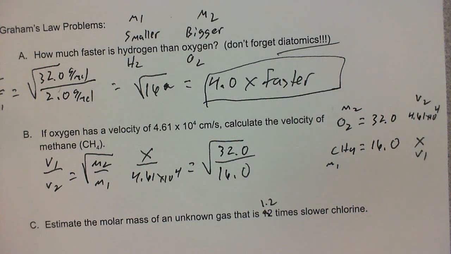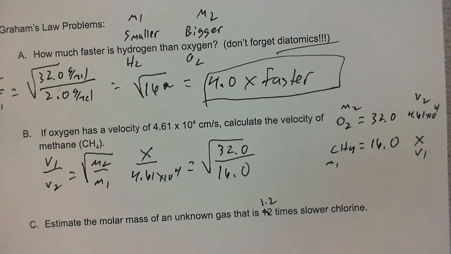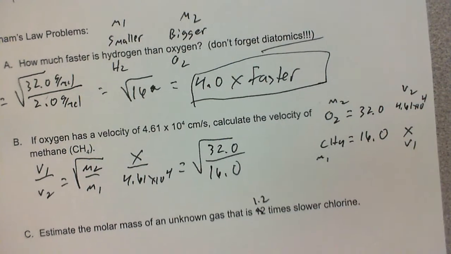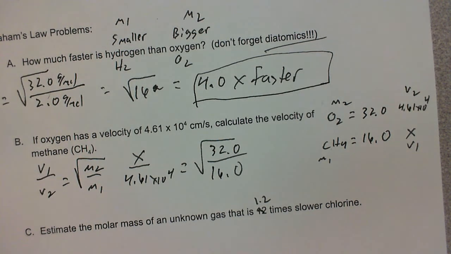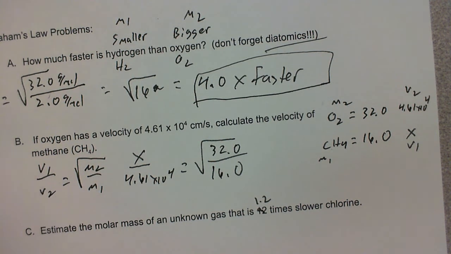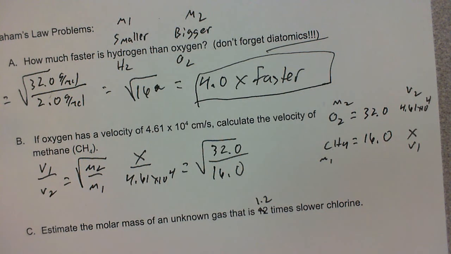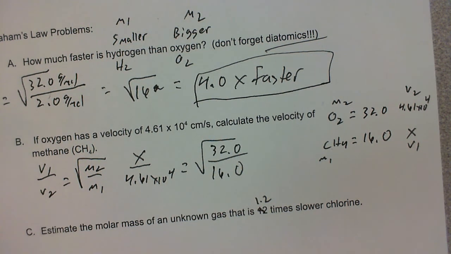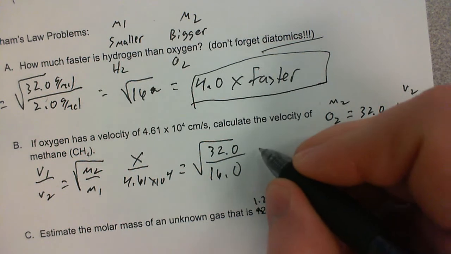Watch your sig figs here. I should have 3 here. So 32 divided by 16 is going to be 2. Square root of 2 is, let me double check that, I'm kind of flying blind here. Square root of 2 is 1.41, sorry, 1.41. So 1.41 times 4.61 E4, and I get 65,001, but only 3 sig figs, so 65,000 will have to do,